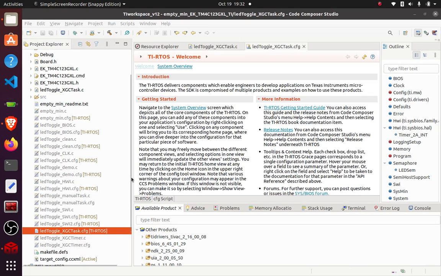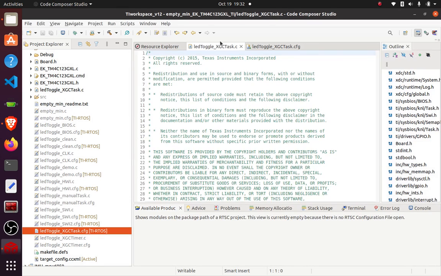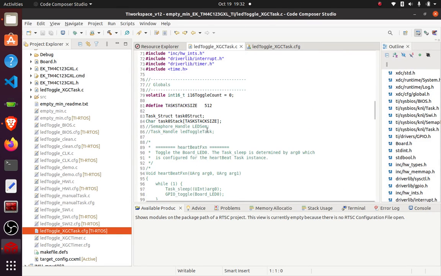Hello and welcome to this continuation of our TI-RTOS LED toggle example. So here we are going to do another variation of it, and in this case